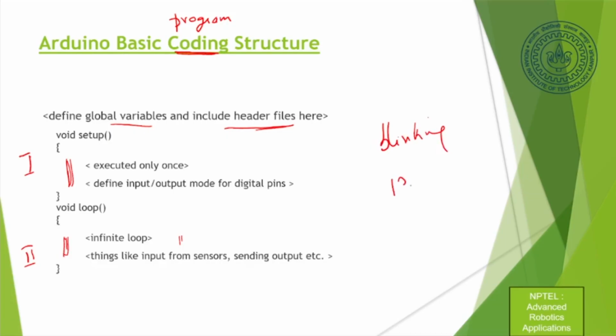In 13 number pin, what I'm doing is I'm making it high, which means it is 5 volts, and then I can make it low, so it means it is 0 volts. So here it is on, here it is off. That's what the program is doing. So I'm telling it that I'm going to use my 13 number pin, and the LED is connected to 13 number pin, and I'm making it high for some time. That means I'm giving it 5 volts. Then I'm making it low, means I'm giving it 0 volts, and I'm continuing to do that. So this is an infinite loop.